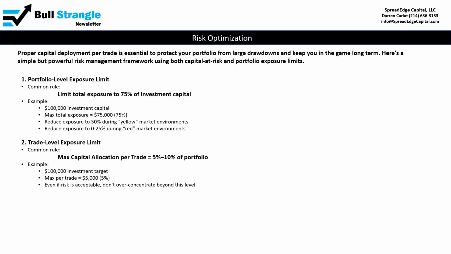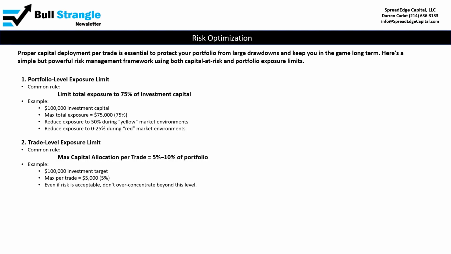The second one is a trade level exposure limit. Now, the rule is that I want max capital allocation per trade to be somewhere between 5% and 10% of the portfolio. Now, if you recall, I did show that for a very small account, we had to go over the 10% level. And I know that some of the subscribers are going to be starting with less capital than even that. The key thing is to keep the exposure on any individual trade as low as possible. And you can see the example here on a $100,000 account. The max per trade would be $5,000, which is the 5% level,